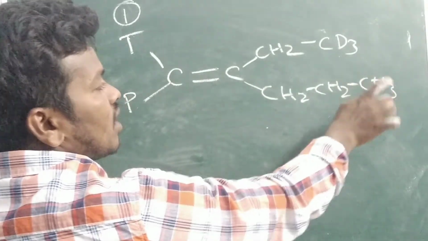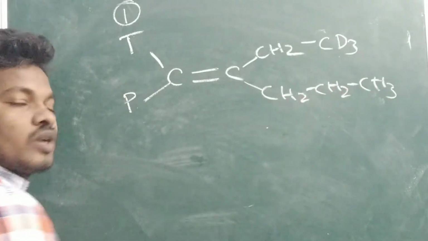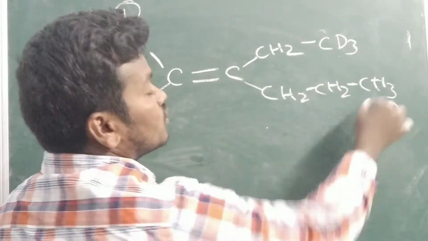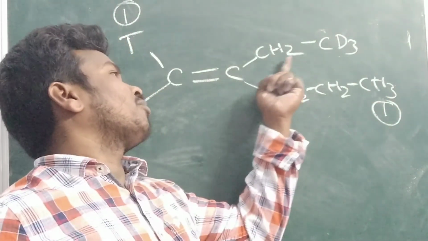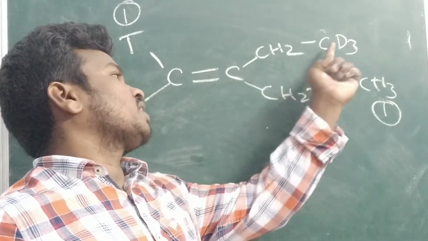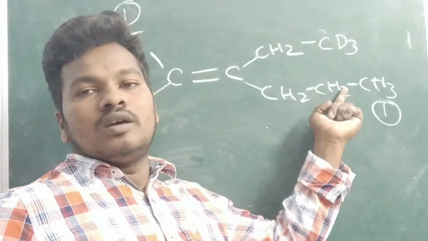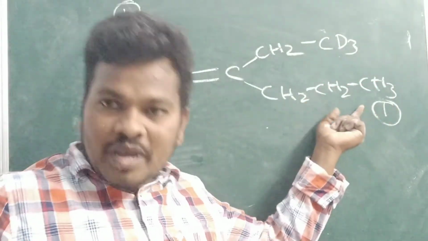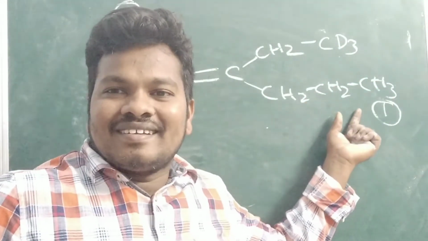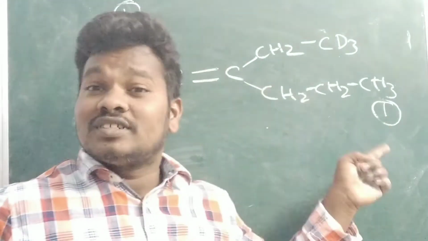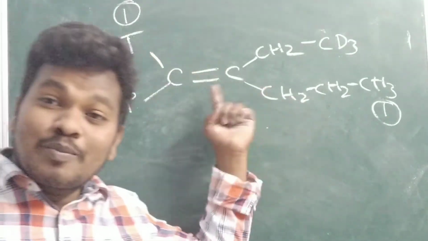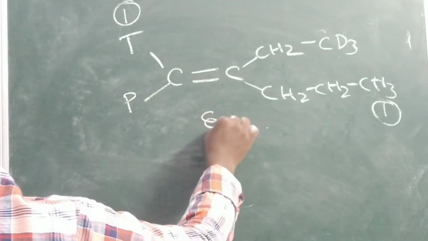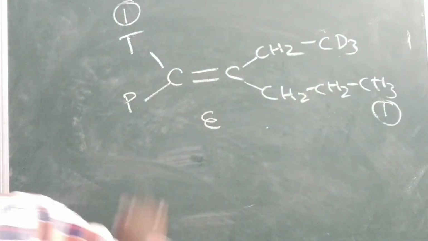But what is there here? Again, it is the highest atomic mass you consider in the group only. You should not consider carbon, hydrogen same, carbon same, tritium. On the other side, you have the atomic group you can take here. What is on the opposite side? You can see periodic groups are present on the opposite sides. So which isomer came? E isomer it came.